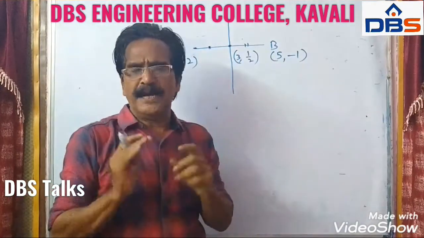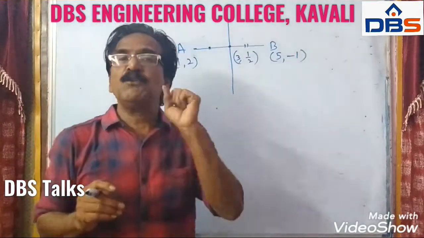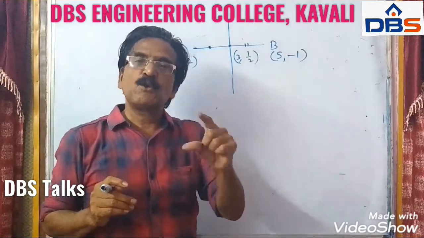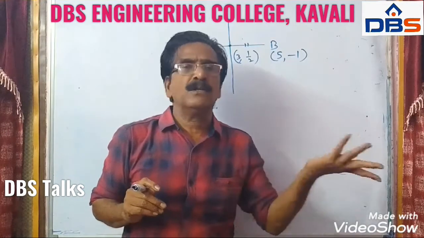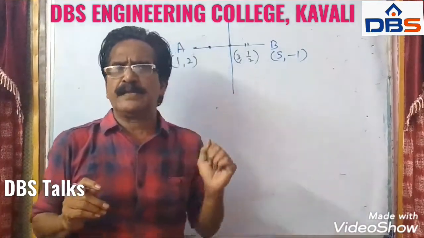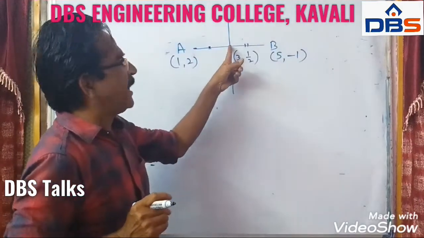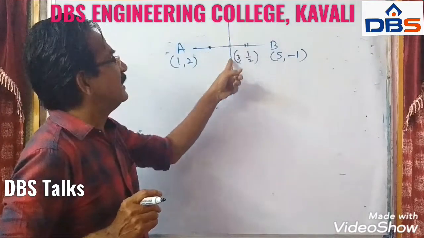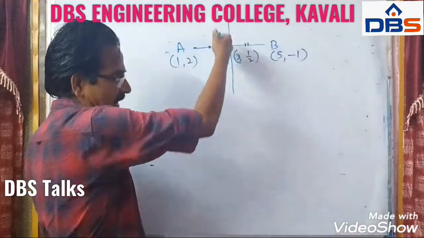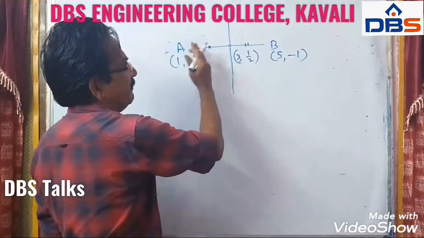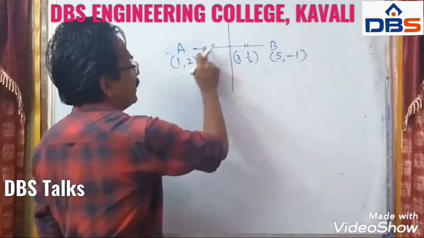Right friends, we know a point on the line. So now we want the slope of that line. Point and slope: if these two things are known, then y minus y1 is equal to m into x minus x1 gives the equation of a line. We know the point on this line, that is the midpoint of these 2 points. Perpendicular bisector divides AB in equal ratio, so this point becomes the midpoint of AB.